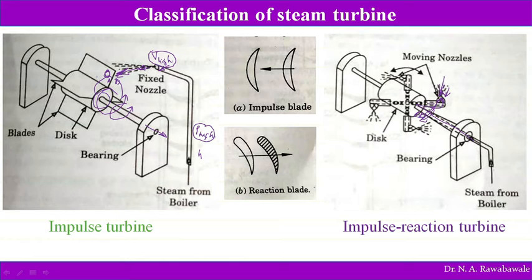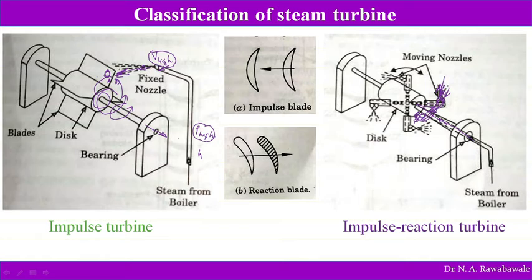In a pure reaction turbine, the high pressure steam from the boiler is passed through the nozzle as shown in this figure, and when the steam comes out of these nozzles, the velocity of steam increases relative to the rotating disc. The resulting reaction force of steam on the nozzle gives rotating motion to the disc and the shaft. The shaft rotates in the direction opposite to that of the steam jet. So steam jet comes out of this, and the rotor rotates in the opposite direction. This is how the reaction turbine and impulse turbine work.